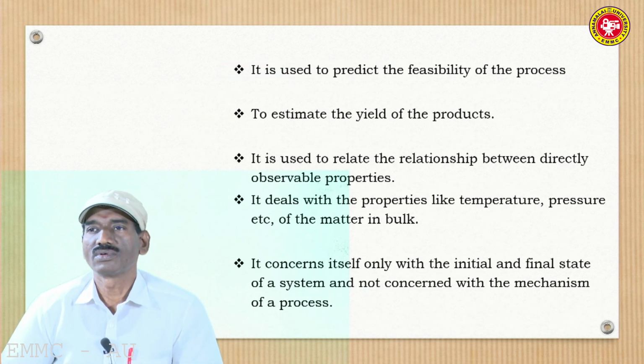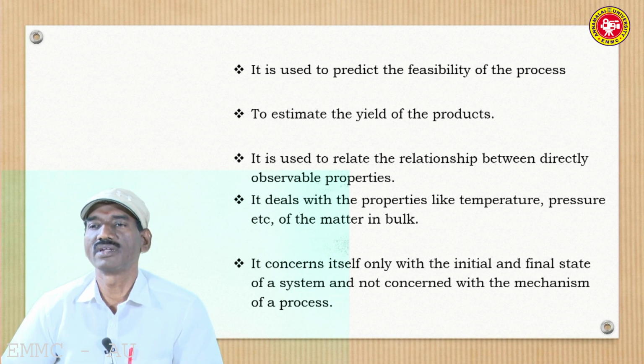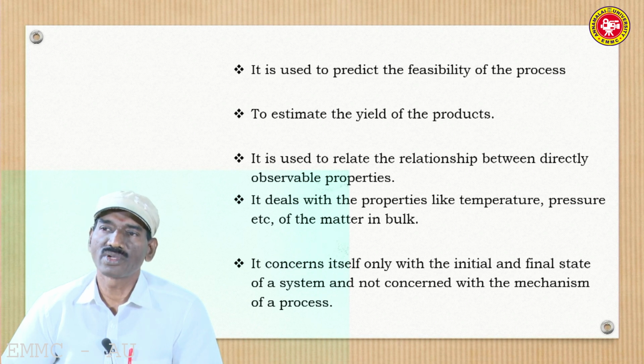Actually, the objects of the subject: it is used to predict the feasibility of the process, to estimate the yield of products. It is used to relate directly observable properties. It deals with properties like temperature, pressure, etc. of matter in bulk. It concerns itself only with the initial and the final state of the system and not with the mechanism